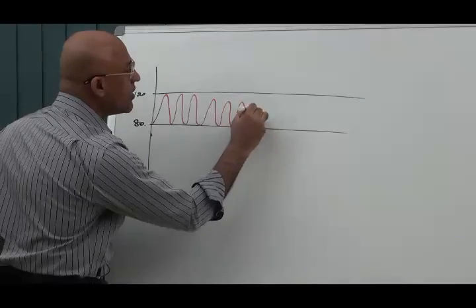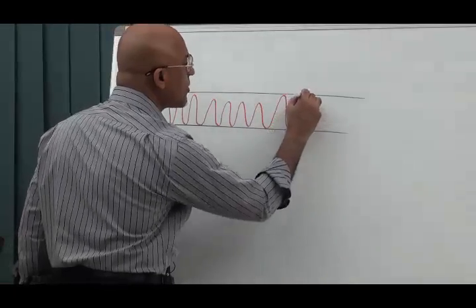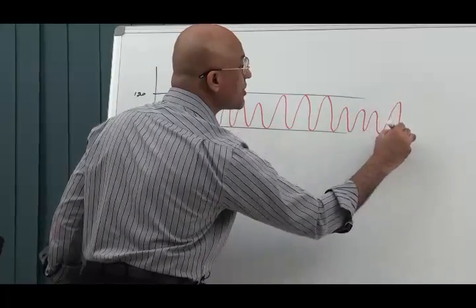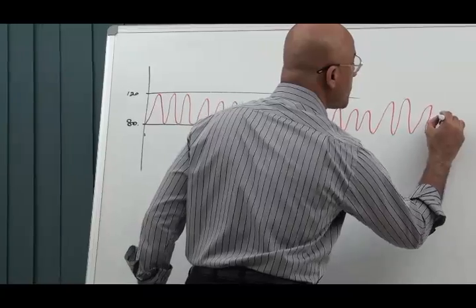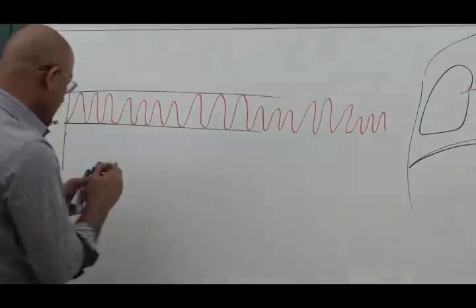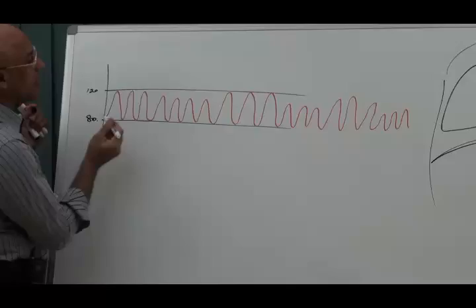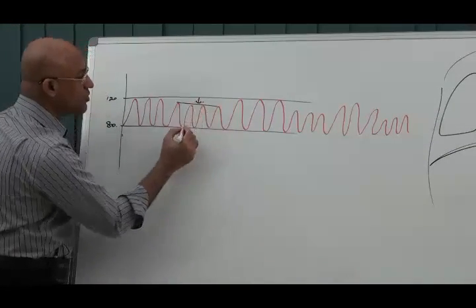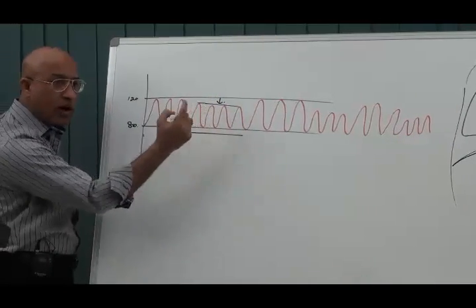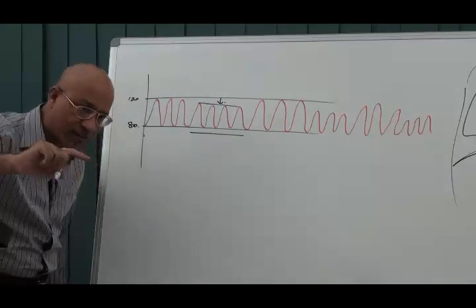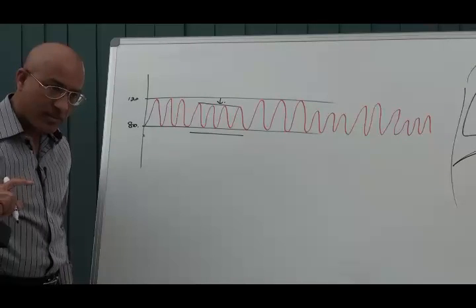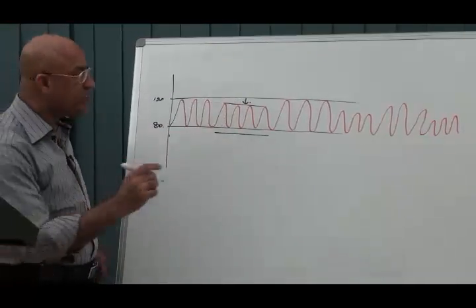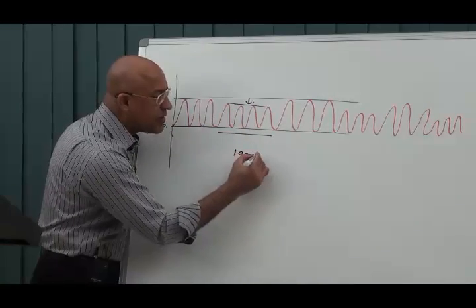During inspiration it will fall, and in expiration again it will go up, and then again inspiration it will fall, and then expiration it will go up, and then in inspiration it will fall. Now, this inspiratory fall of systolic blood pressure during inspiration, if this fall is less than 10 millimeter of mercury, it